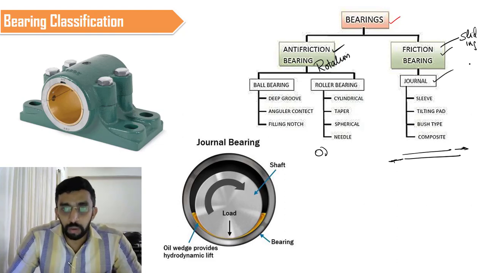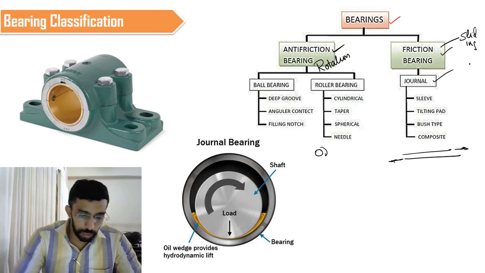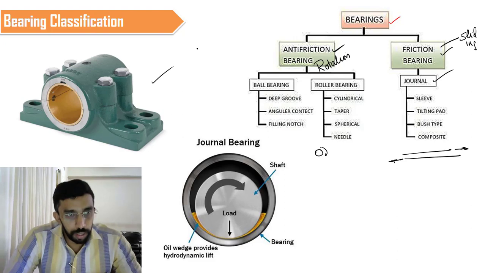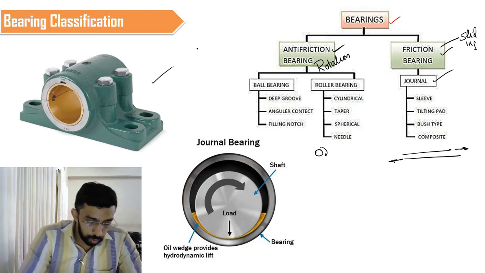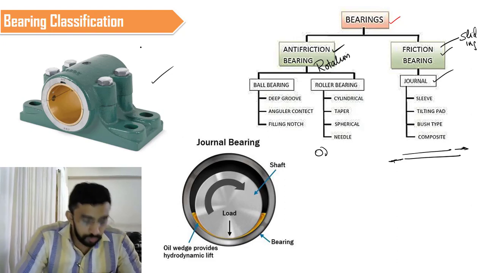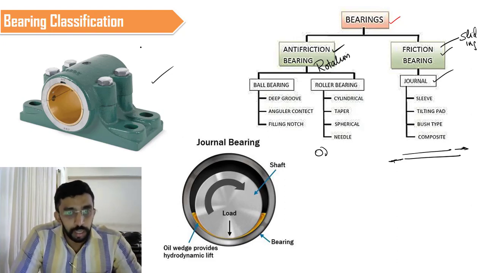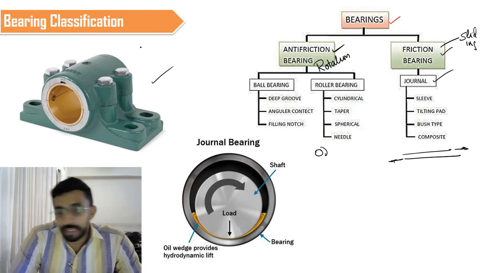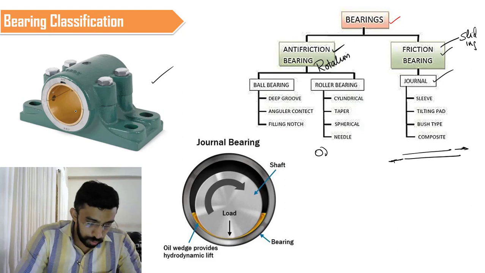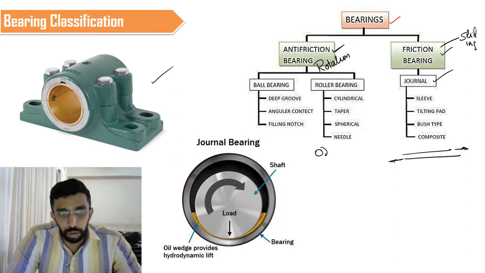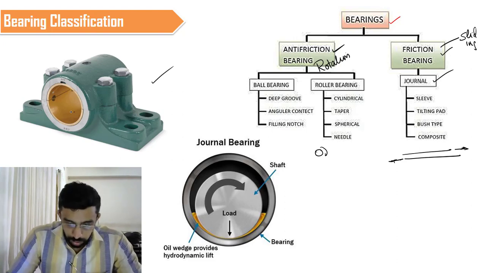So how exactly will a general bearing look like? Something like this. You are very familiar with this one. It's a plumber block, or it's called a general bearing. You can see that through this hole we support a shaft. This shaft is being given some kind of lubrication, and that is called the general bearing. We have different padding materials. We have this golden color, sometimes it's brass, low friction materials are being provided, but inside this we have got some oil.